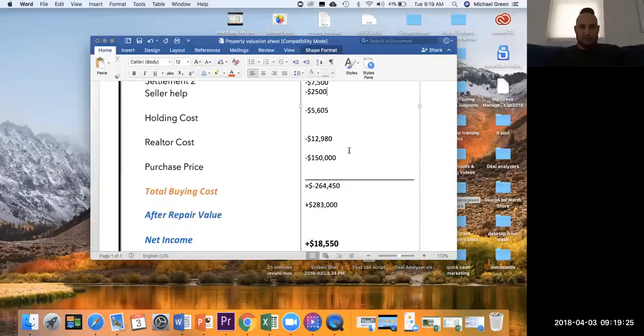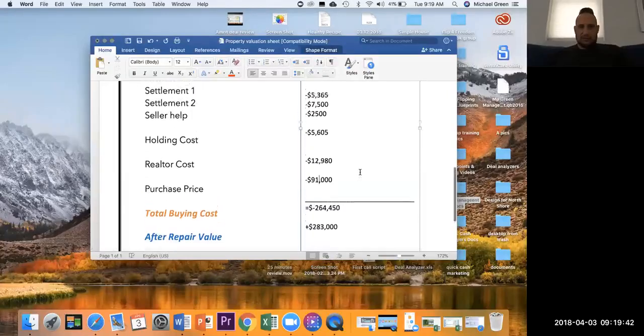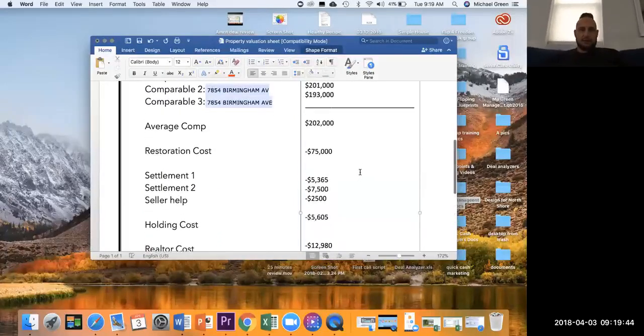So we have purchase price 150. Our purchase price we're shooting for is 91. So this is where some math comes in. We have to make this all work out, even though most people don't actually look for it. We have to make this all work a little bit. So total buying cost would be this. So let's take a look. Matt, can you add up